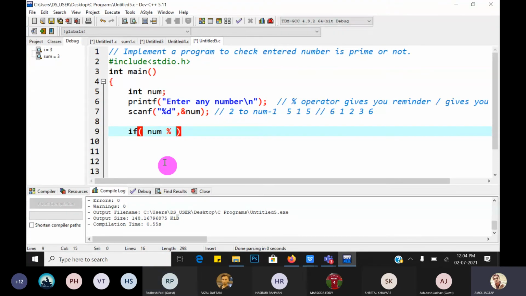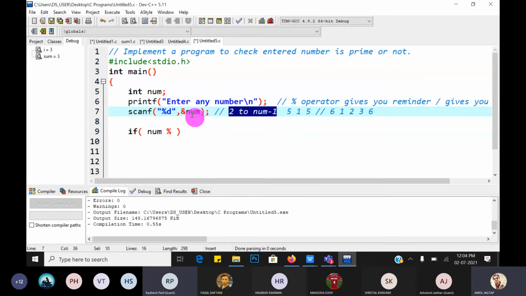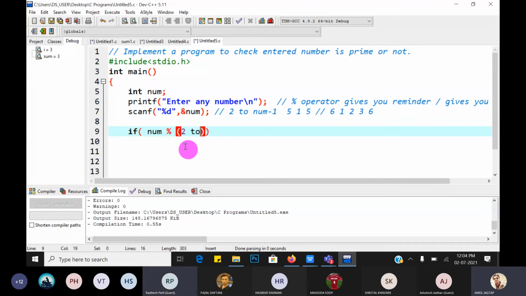Now mod range from where to where? 2 to num minus 1. We don't know which number user enters. So here we have to check from 2 to num minus 1 and take the mod and check whether it is equal to 0.